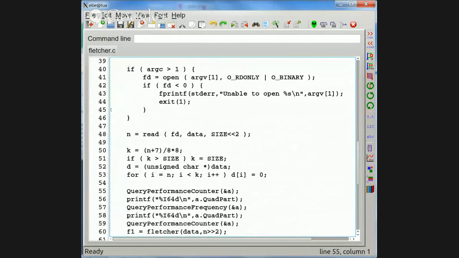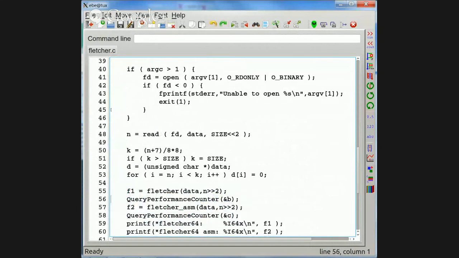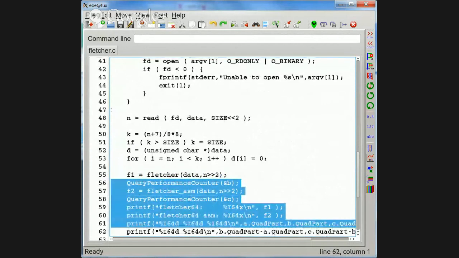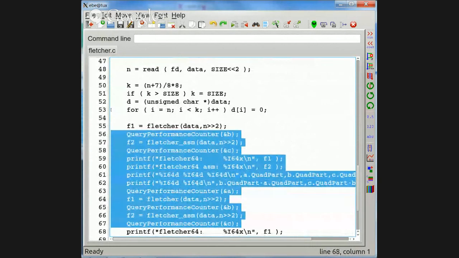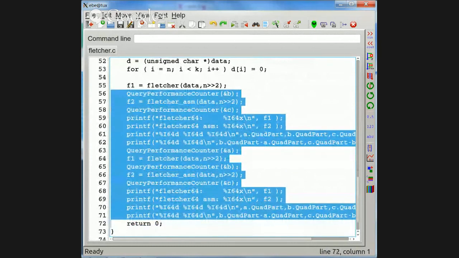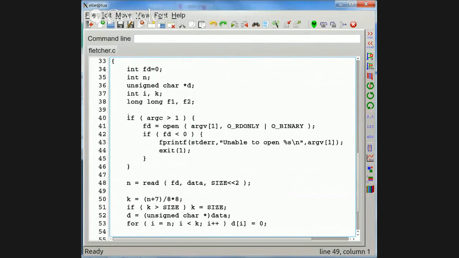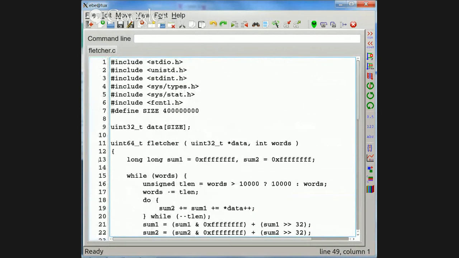Not going to be doing querying performance. All right. This is a C program, and let's see. I think I'll catch it in the Fletcher function.